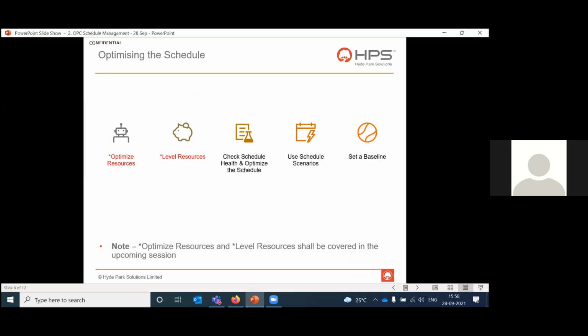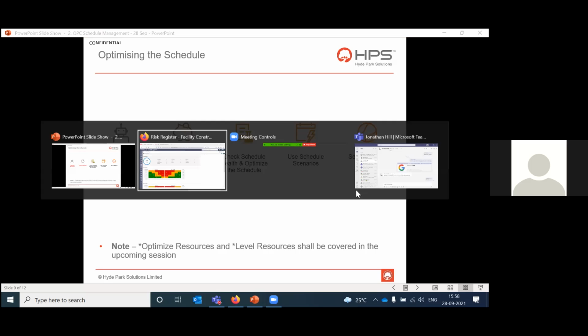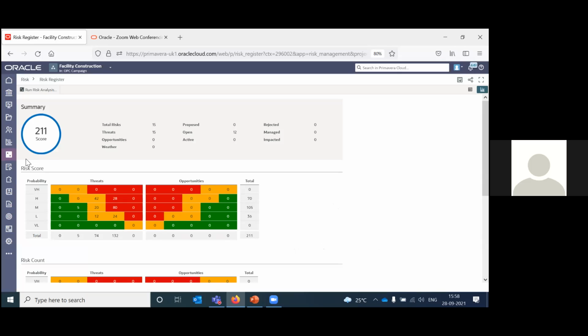So moving on. Here, the first two topics on this slide we will be covering in an upcoming session. So let's look at how to check schedule and optimize the schedule, and then see schedule scenario and set a baseline. So going back, if I go back to activities,